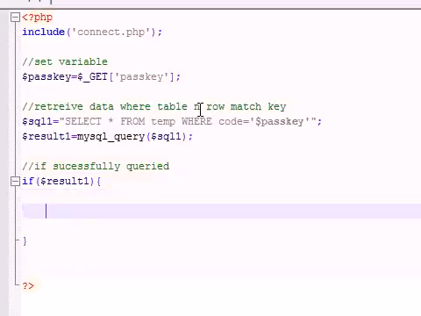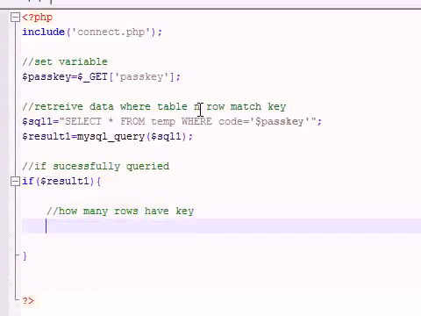So let's do that. The first thing we want to do is count how many rows have the pass key. So how many rows have key? And to do this, just make a variable called count or something. And the function for this that's built in is mysql_num_rows. And inside your parameters, you have to test where. So ours is stored in result 1. And this number count is going to return a number 1, 2, 3, 4, depending on how many